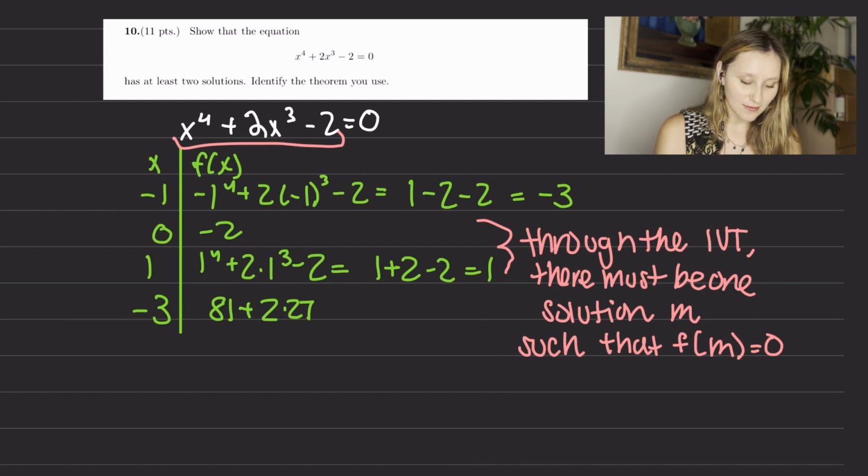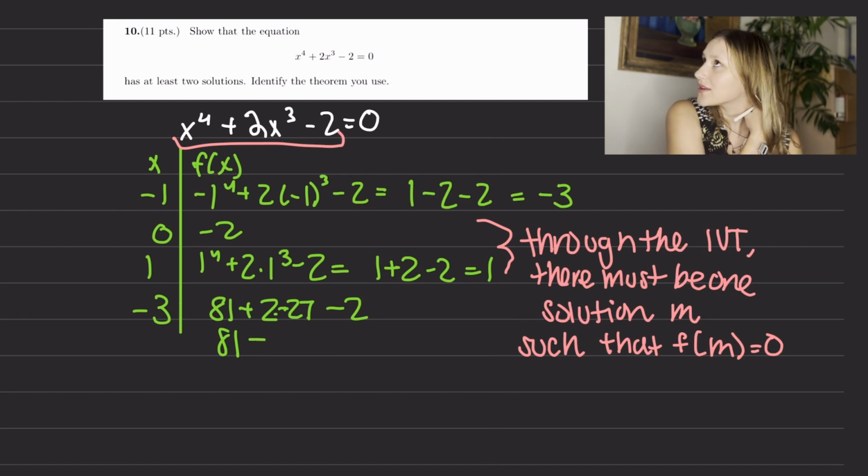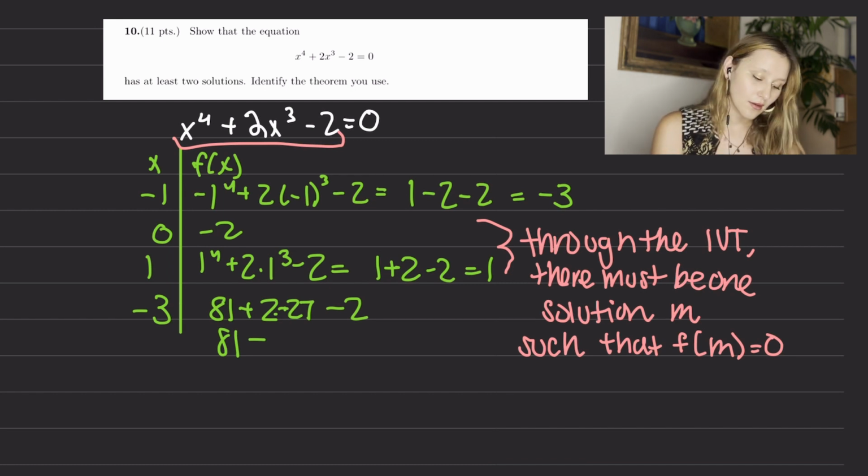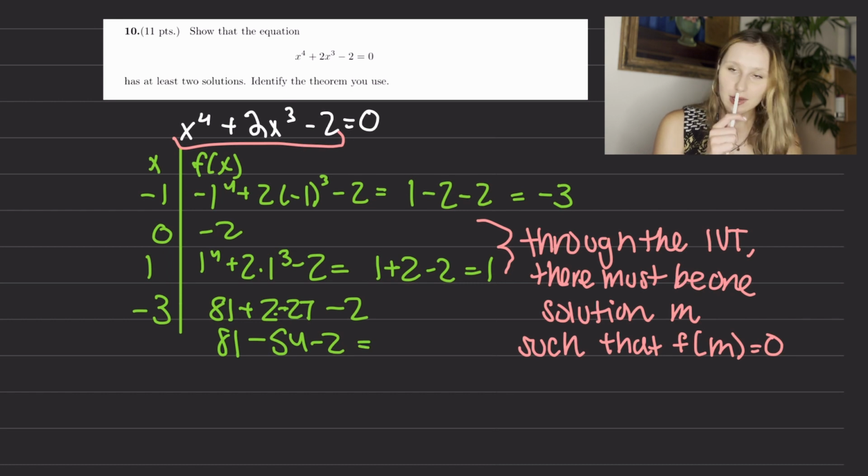And 2 times -27, which is -54. So 81 minus 54 is 27, minus 2, which is equal to